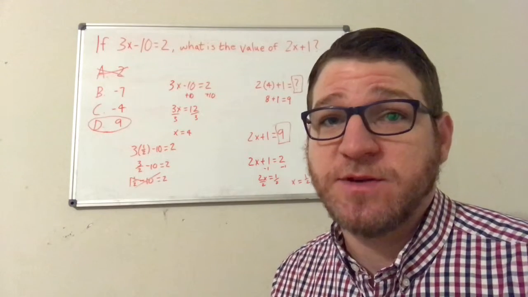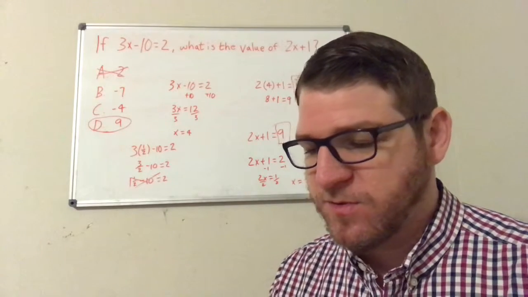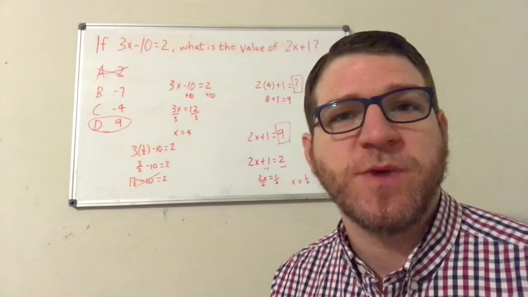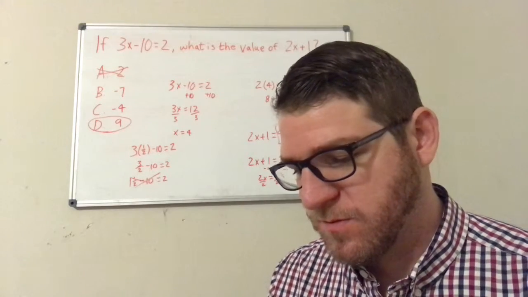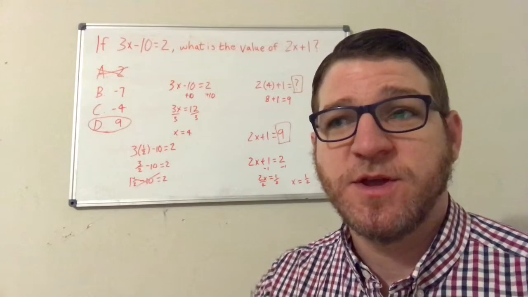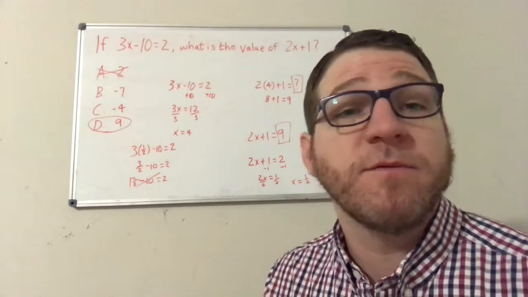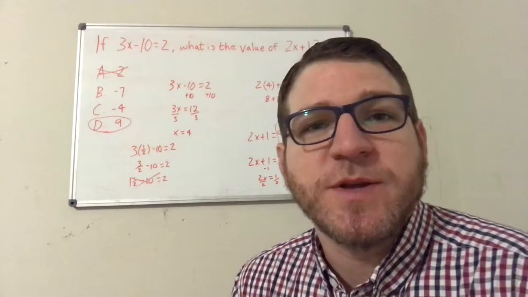choices, that does not necessarily mean that that is the correct answer, but it does mean that you're probably going to use that special right triangle, that 30, 60, 90 triangle, to solve that problem. Again, it doesn't mean that that's the correct answer. It very well could be the correct answer, but you probably are going to use that special right triangle